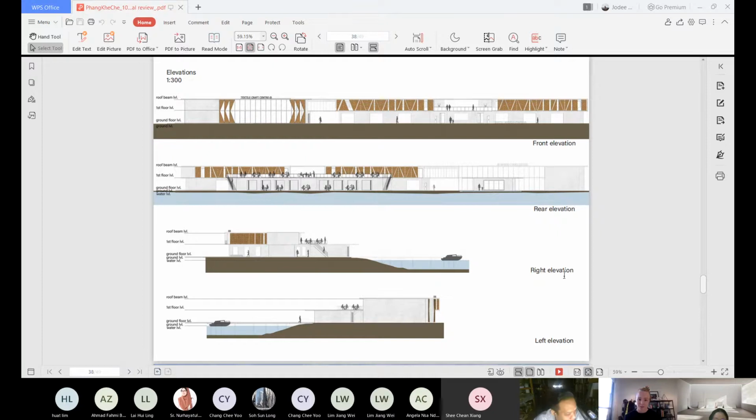I mean, you can look at your left elevation. The roof is a nightmare, sorry, because after the roof beam level it's just this flat roof. I'm not saying flat roof is bad. It's just that maybe a little bit more profile, a bit more volume could help your internal program. Okay. So all the best. Okay, thank you.